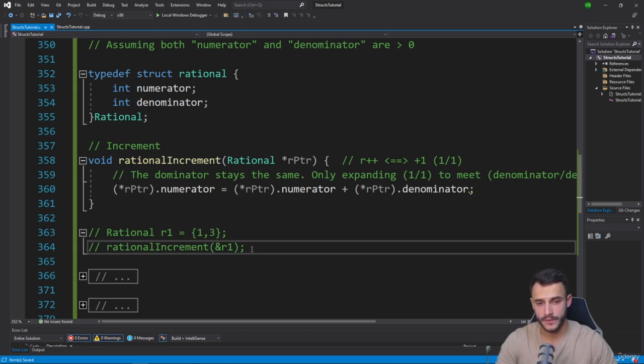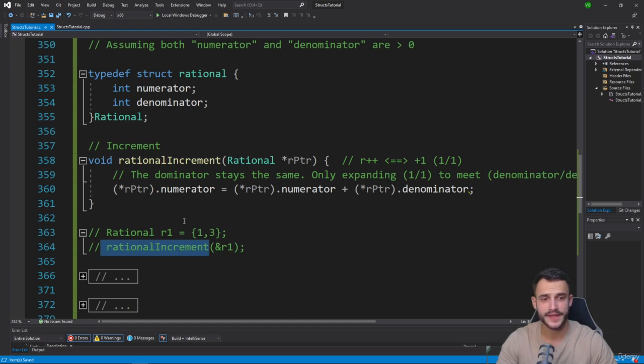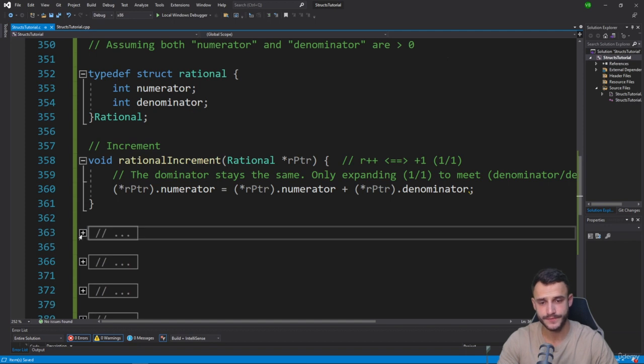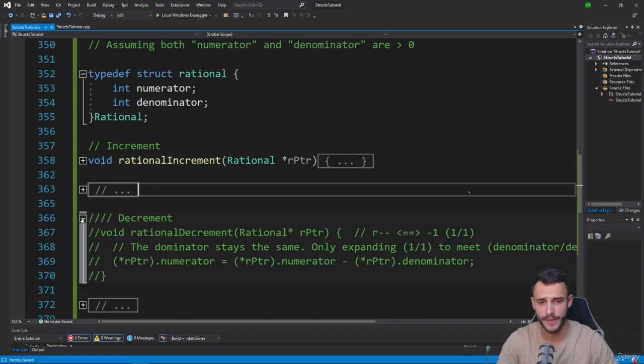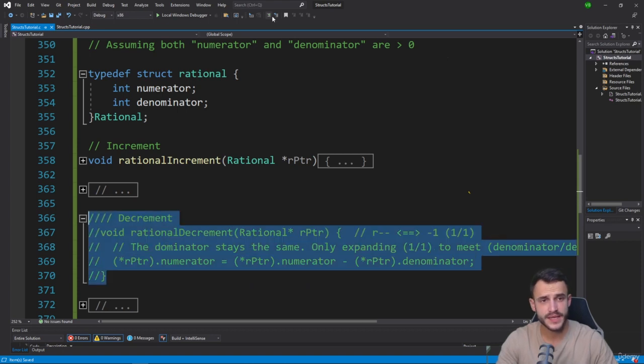So now if we take a closer look, then what we will see is that after this line, what basically has happened is that we increased this value to be 4 divided by 3. That's everything about rational increment. Awesome. Now if we take a look at the next one, which is decrement, it's going to be pretty much